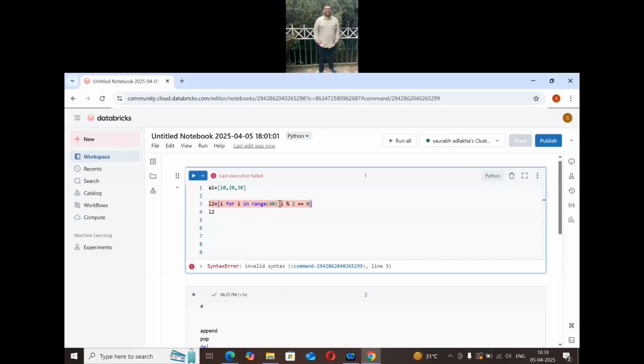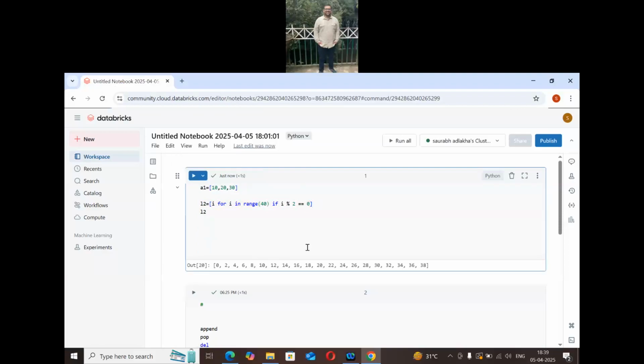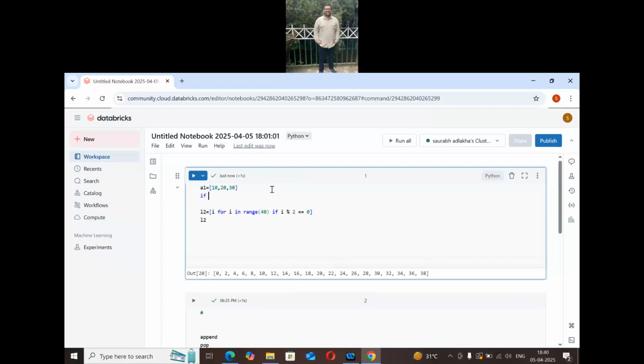If is mentioned, because that is how you tell the condition. Here it will show only even numbers. The same thing, like when you are performing normal if else with the loop, normal things are there. Like you are checking the loop condition with an if statement, like if my list one is